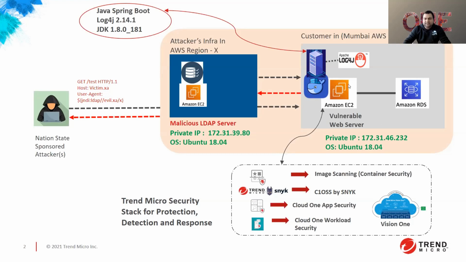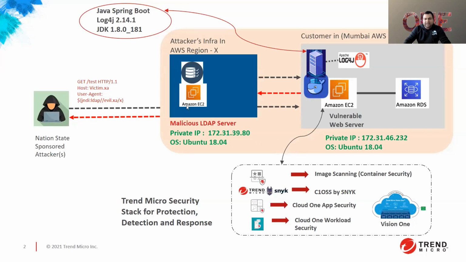In this demo, the database doesn't play any role, but in your enterprise, typically you will have a front end as well as a back end. So for the purpose of showing you what an enterprise application looks like, I have put it here. And this particular container is running on underlying Ubuntu operating system 18.04. This is the private IP address.